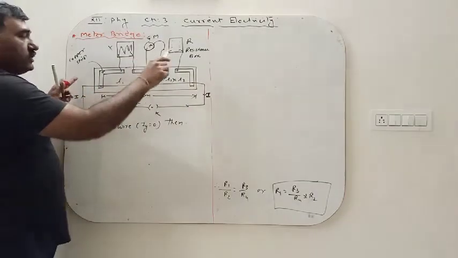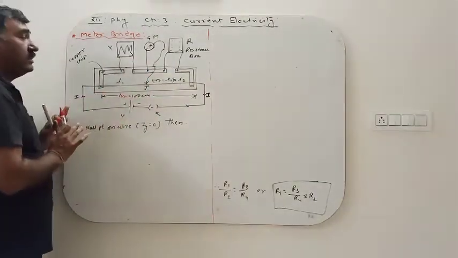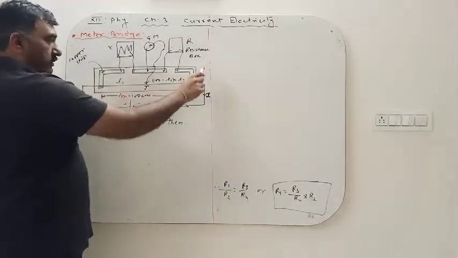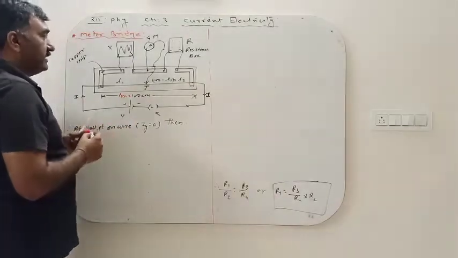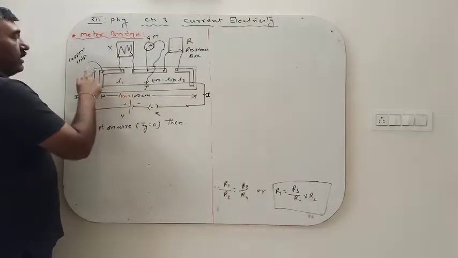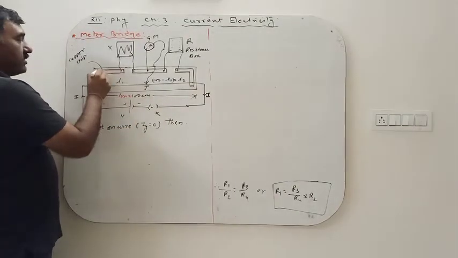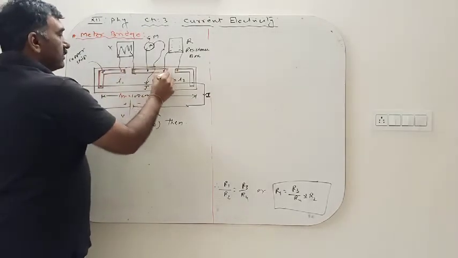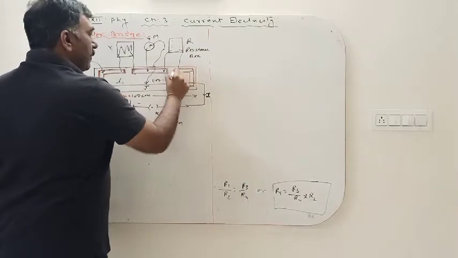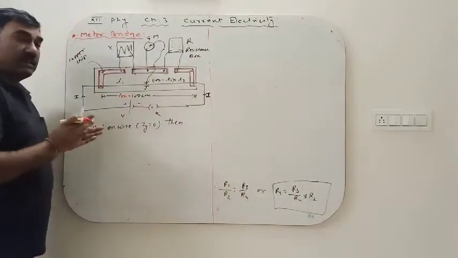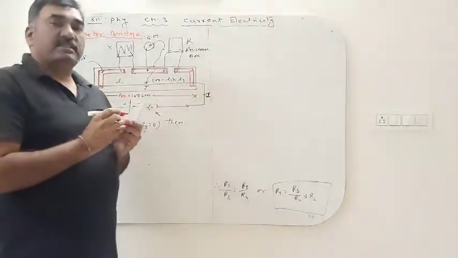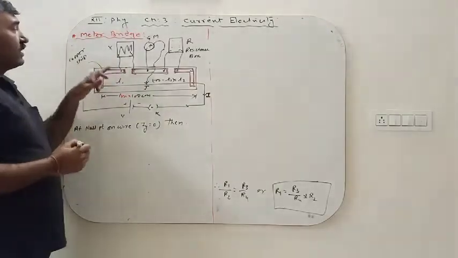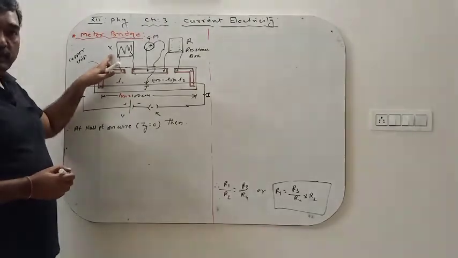The arrangement shown in this figure is the experimental arrangement of the meter bridge. Here we have a plank of almost 110 centimeters, on which we have copper strips. The copper strip is of large thickness. Why is the copper strip used? Because for large thickness its resistance is less, so the resistance of the strip is not added to the resistance of the unknown wire. This is the unknown wire whose value is to be determined.